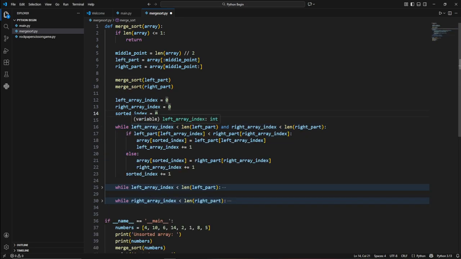And well, if index is less than the length of our left part, the left part would be 3. So if 0 is less than 3 and the right is 0, which is 4, so this is 3 and this is 4, well, this is true. And if left part of index 0, I see. Now I understand the purpose of the